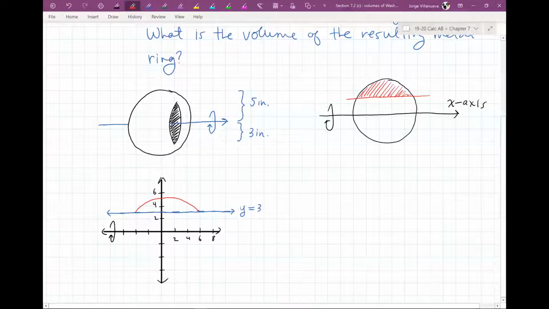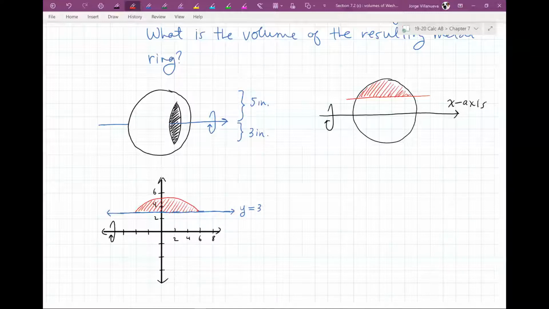I'm not saying that's where they intersect, so don't trust my picture right now, okay? Right now we're just drawing something. Here is the area. Okay? There's the area that I'm looking at. Because if I get that area right there and rotate it, I will get a sphere with a hole in